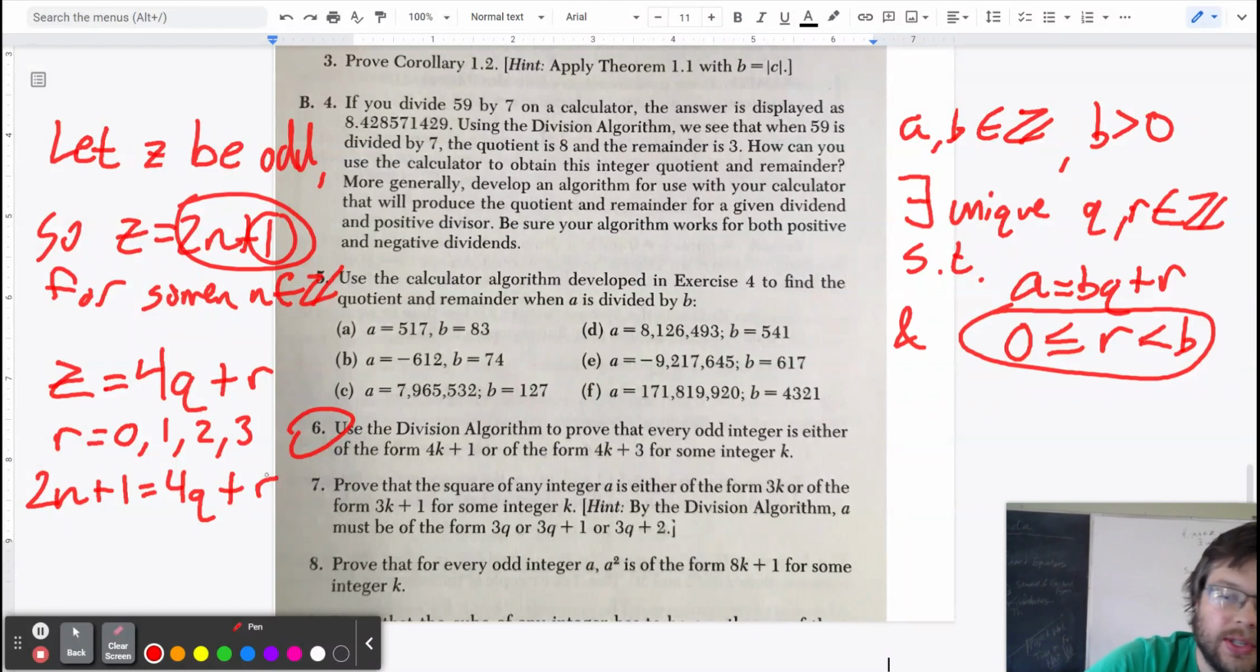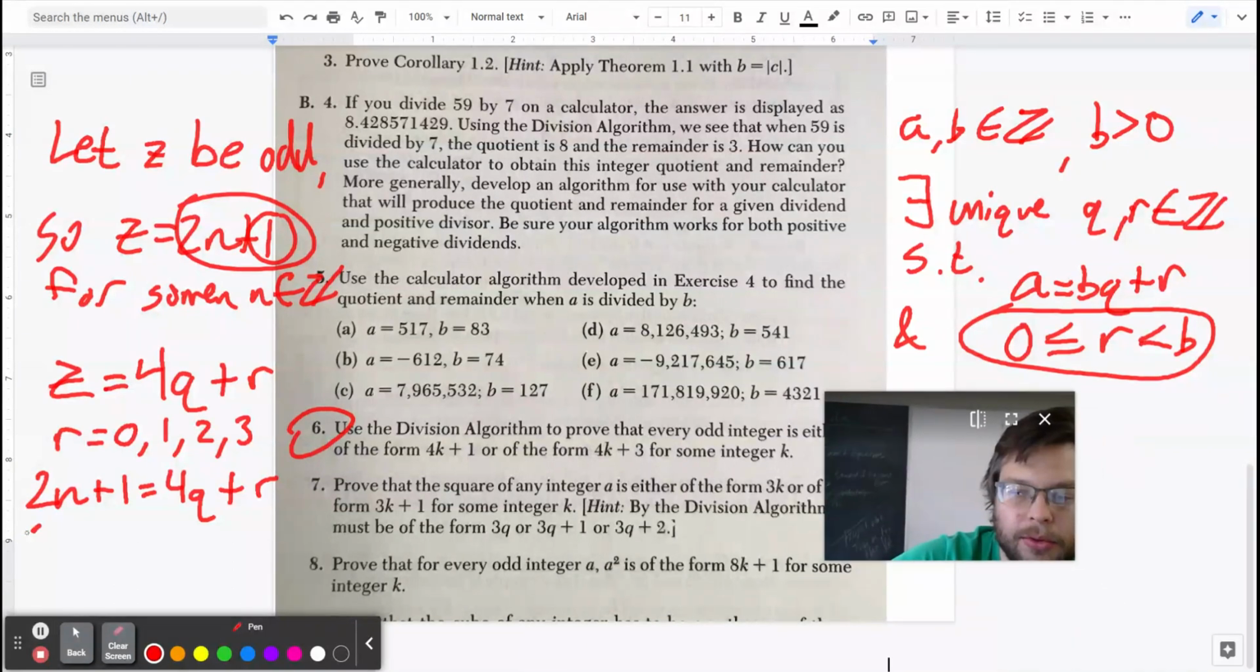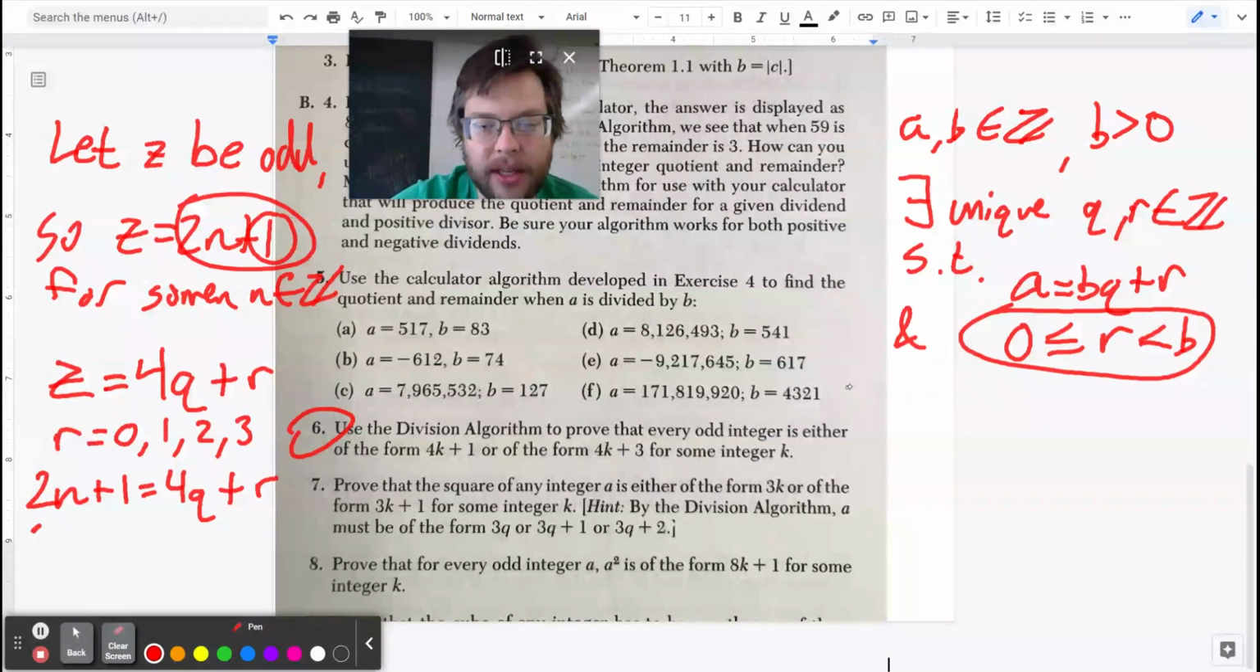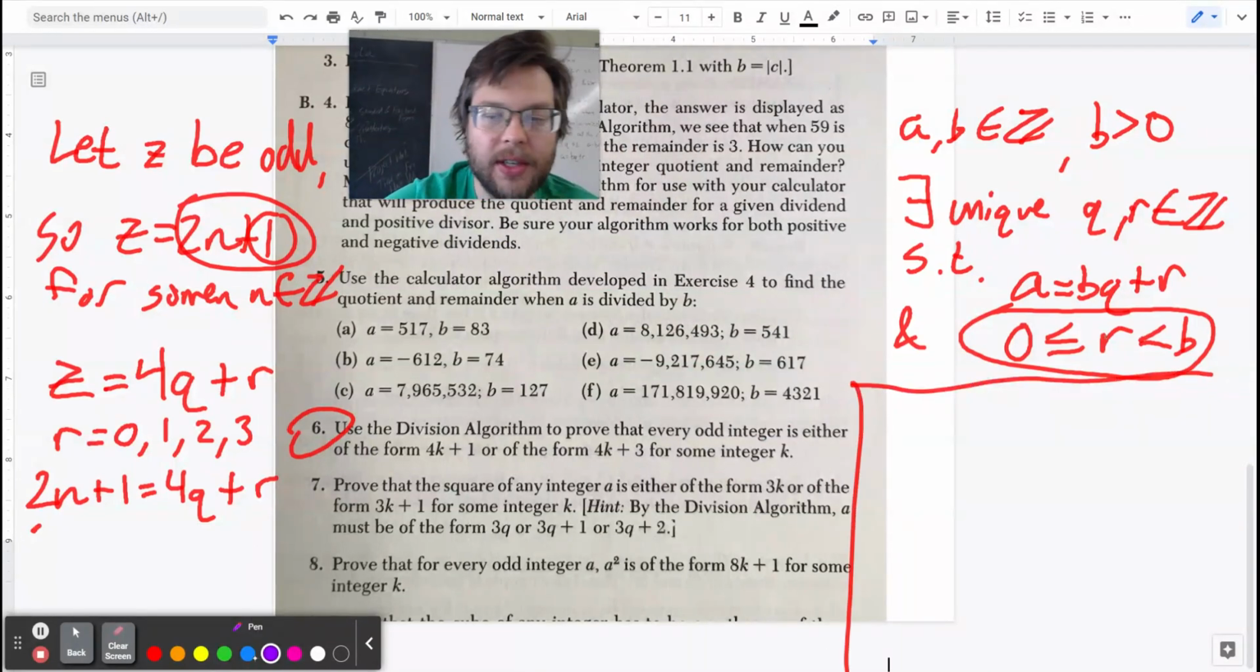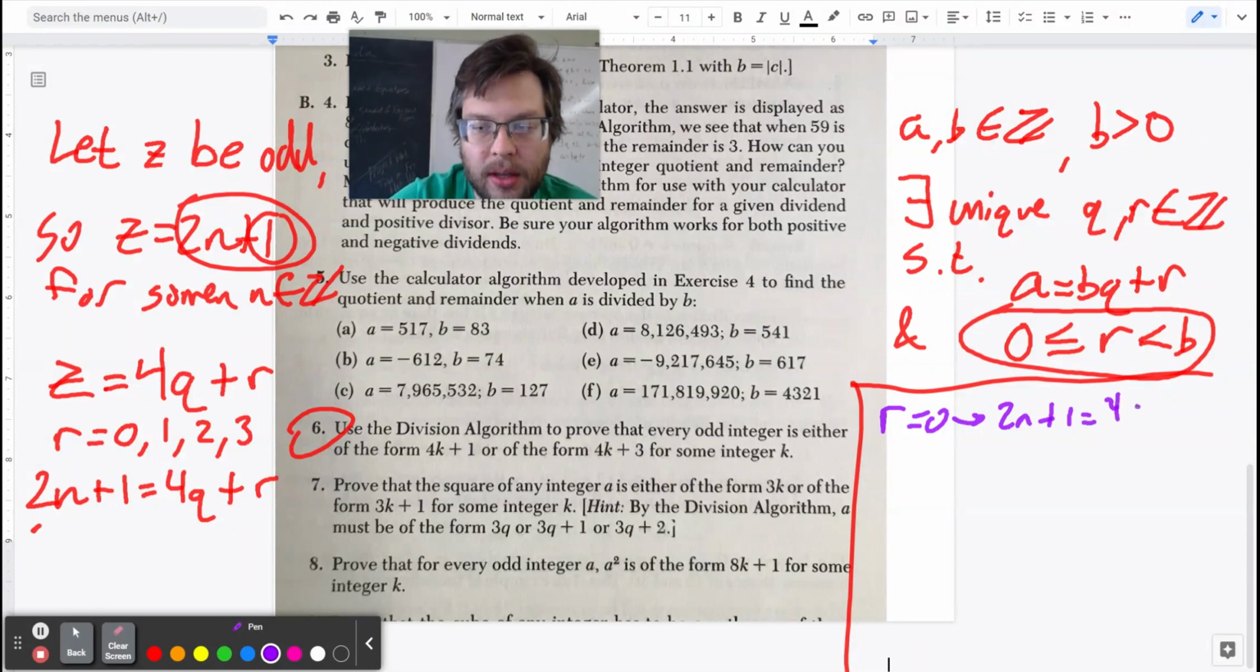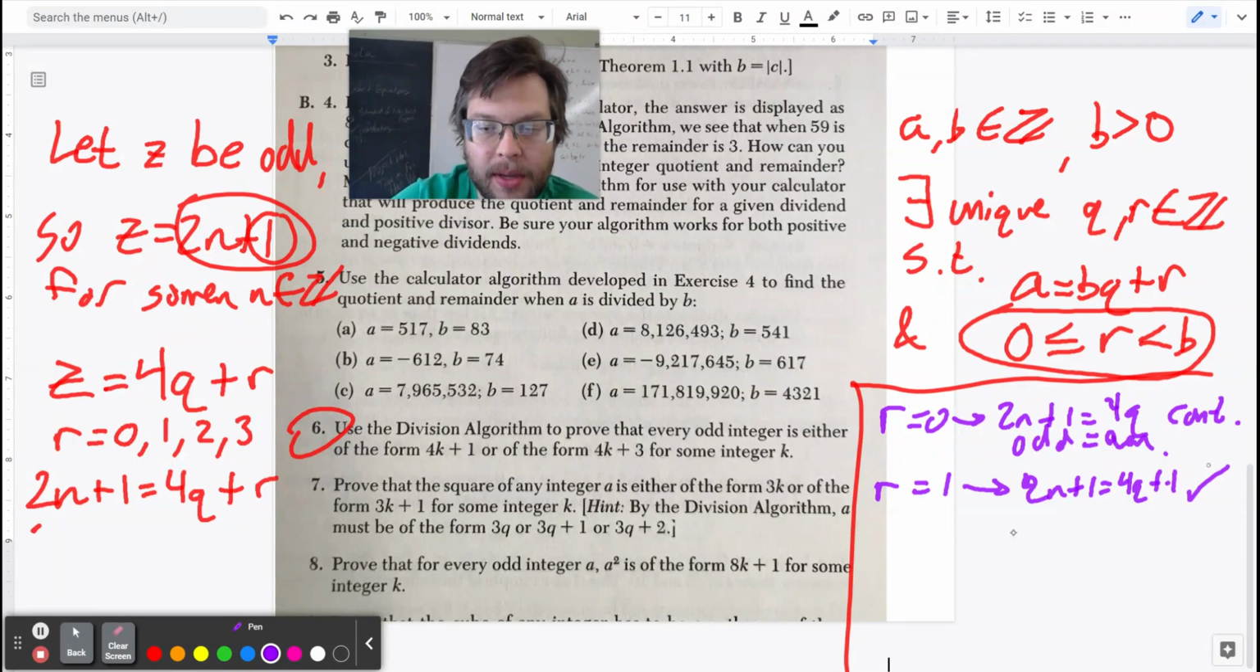So one way to do that is to just go through and plug in each of the values. If I plug in r equals 0, I have this statement here. I'll move my face out of the way. We'll do the different cases over here. Let's do purple for cases. If I do r equals 0, then I have 2n plus 1 equals 4q, and that is a contradiction because this is odd and this is even. If I do r equals 1, then I have 2n plus 1 equals 4q plus 1, and this is okay. This is possible because this is odd